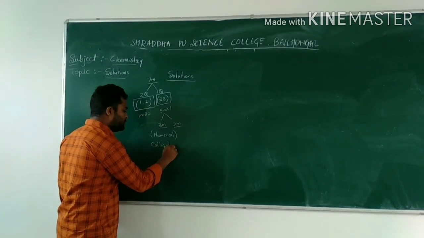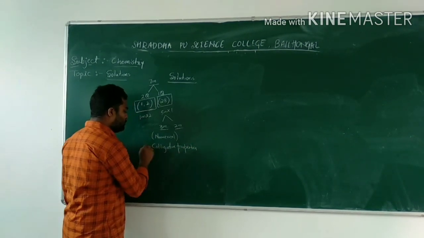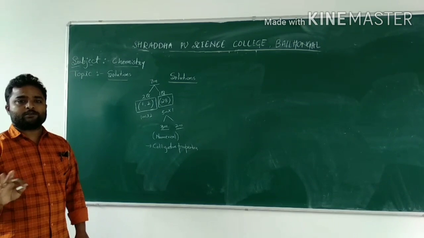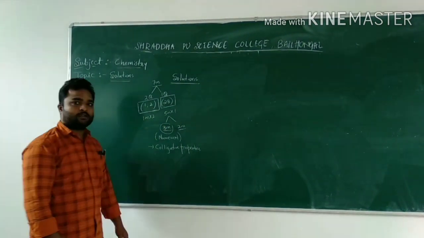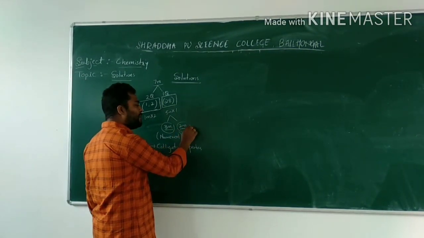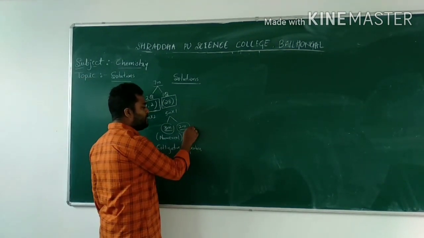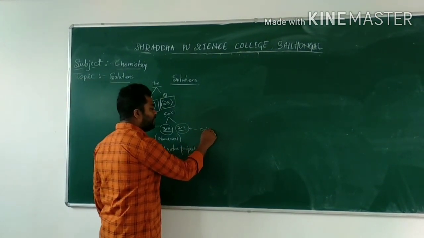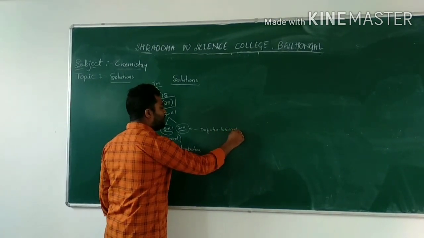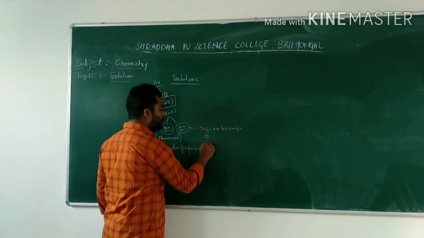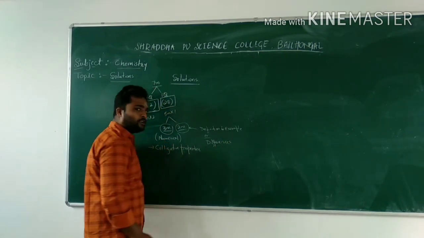colligative properties. So you have 4 colligative properties. They will not ask you the derivation. They will give you the numerical for this 3 mark question. Then the rest, this 2 mark question, can be your theoretical part, which may be a definition and example, or it can be the differences between